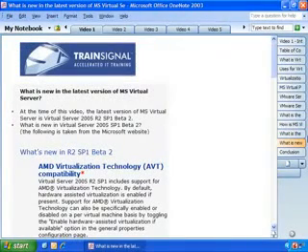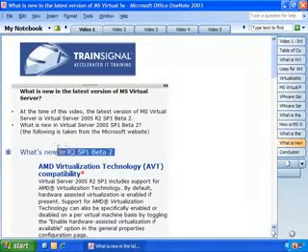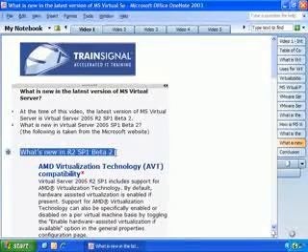So now let's find out what's new in the latest version of Microsoft Virtual Server. And I know that we've touched on some of these features already, but this is a summary of all the latest features from the Microsoft website that are in Microsoft Virtual Server R2 Service Pack 1 Beta 2. And that's the version that we'll be using to demonstrate the different virtual server installations and configurations in this video series. We'll be using Virtual Server R2 Service Pack 1 Beta 2. So the Beta 2 is a Service Pack 1 Beta 2. It's not a